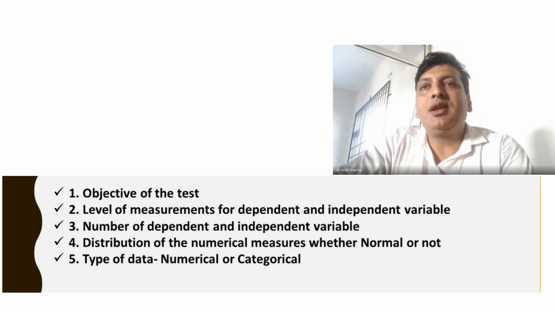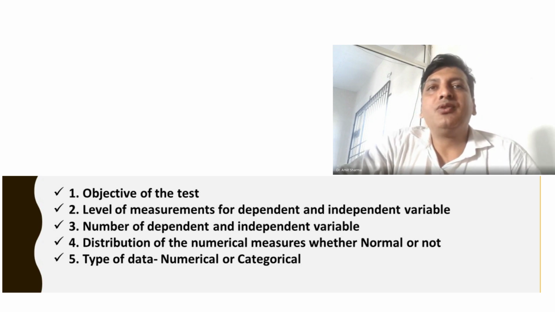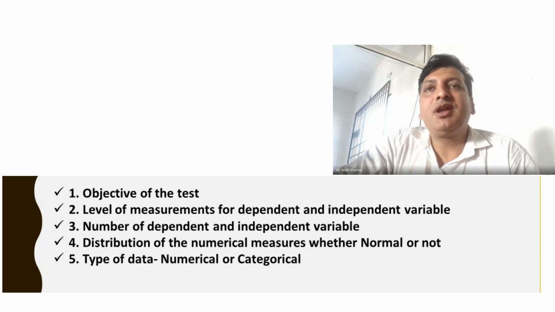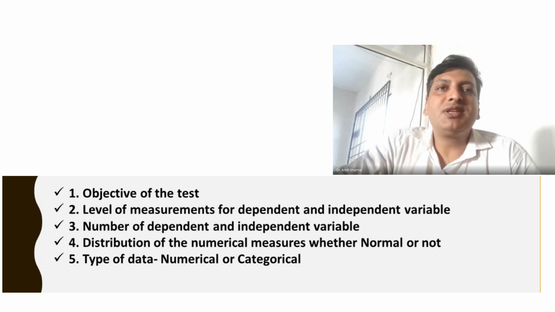Then, how many independent variables and dependent variables are you going to use in the test? For example, you can take two independent variables together and see the effect on one dependent variable. So how many independent and dependent variables do we have? For example, we have gender, and under gender we have two different categories, male and female. So we will say that we have two groups under gender, one for male and the second for female.